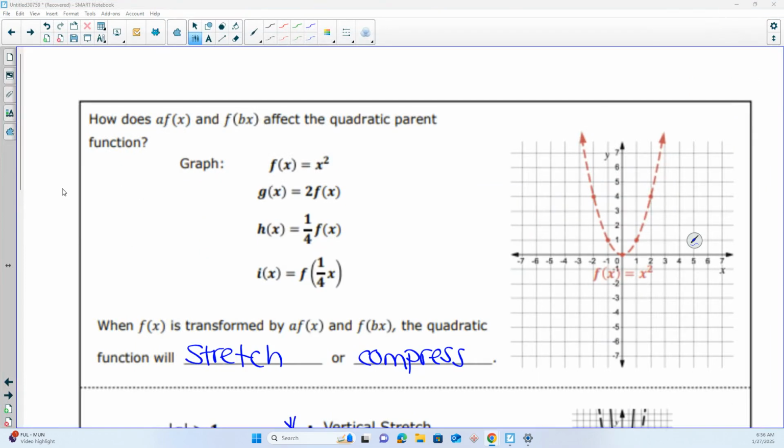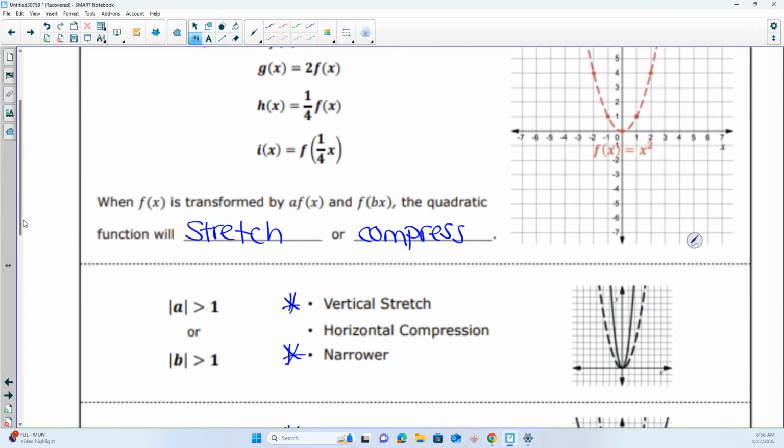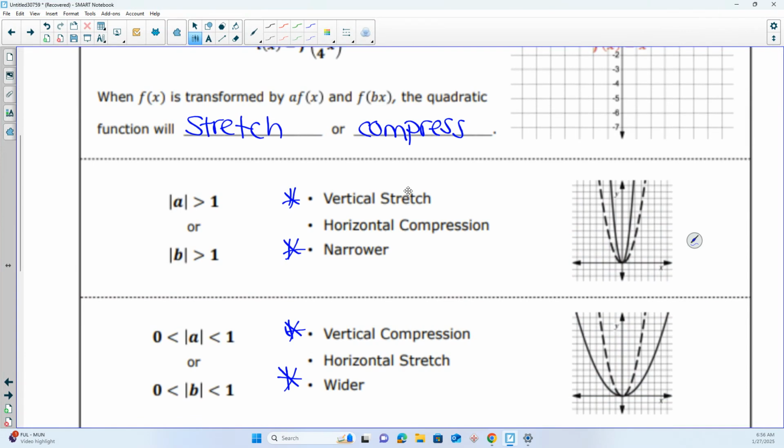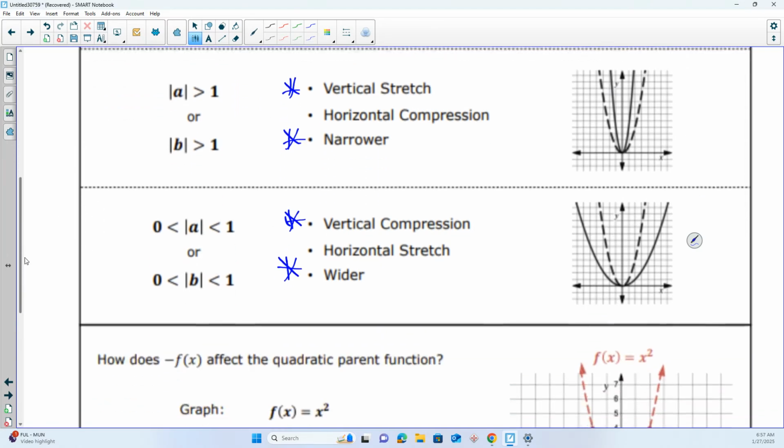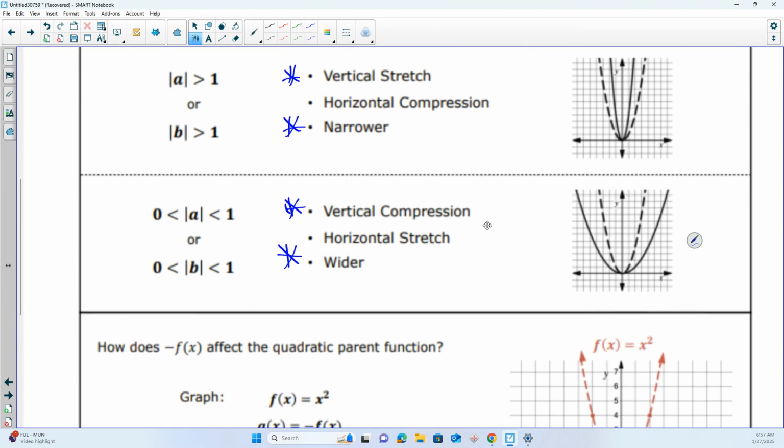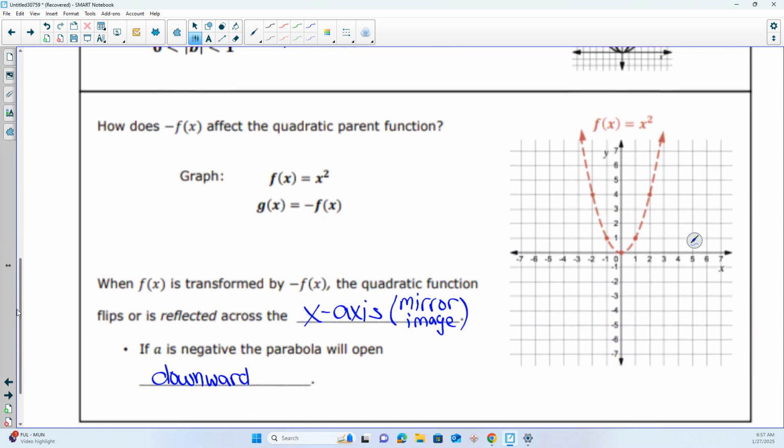And back to here. So it's going to be a stretch or a compression. These are the words that I usually use. A vertical stretch, meaning it's getting skinnier or narrower, and if the number is between 0 and 1, then it's a vertical compression, meaning getting flatter or wider. All right, and